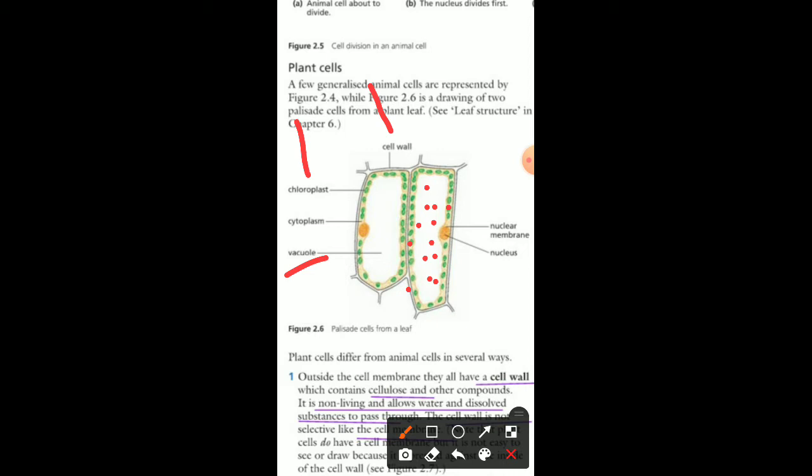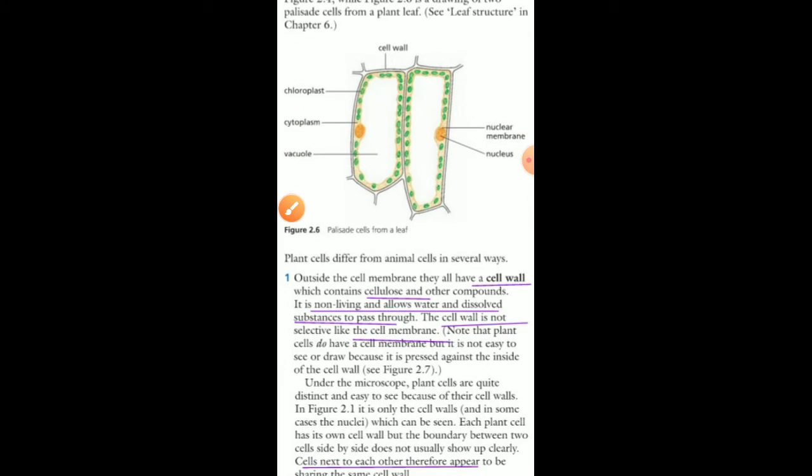So that was an overview of the plant cell and animal cell. As we move ahead to the differences between them, the first difference is that outside the cell membrane, plant cells have a layer called the cell wall. It is the outermost layer, which is composed of cellulose. Now, what is cellulose? Cellulose is basically a polysaccharide, a polysaccharide of beta 1,4 linkages.